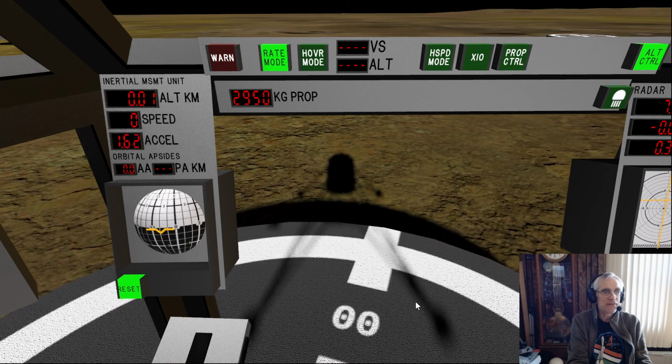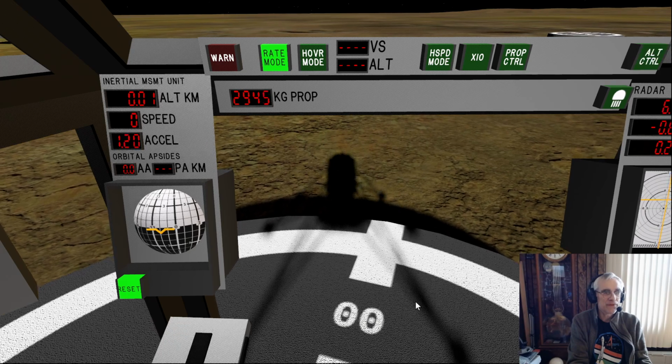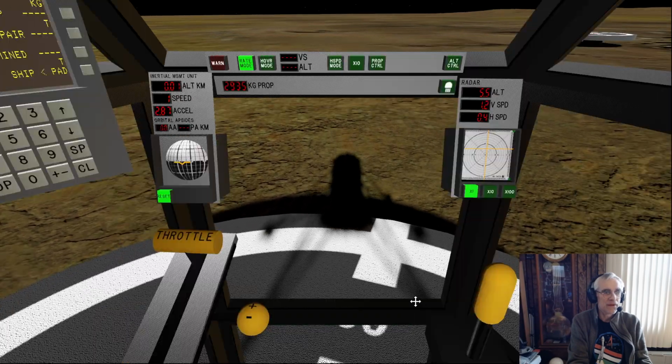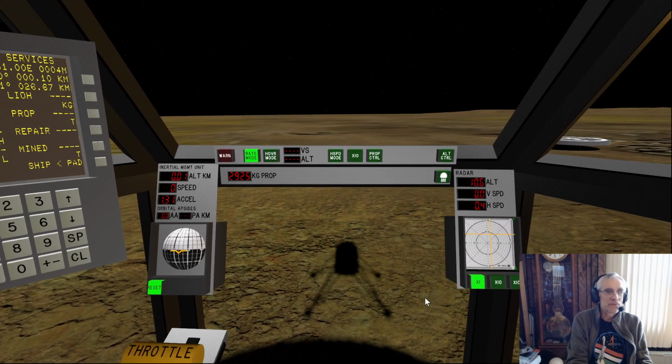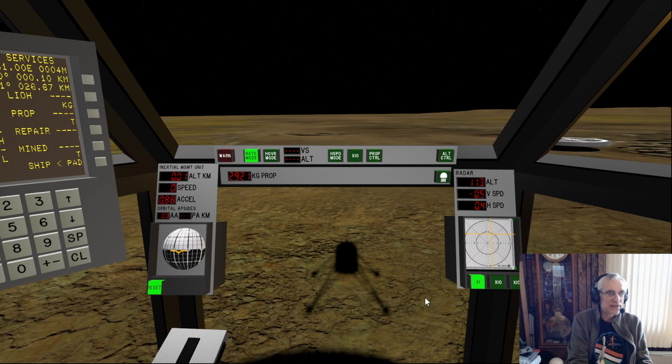So that's about 341. And we're going to go 26 kilometers, so it's going to be in this direction straight ahead.